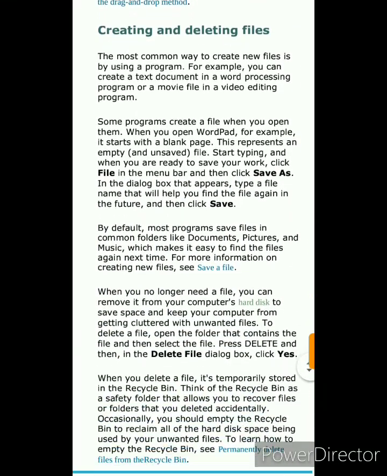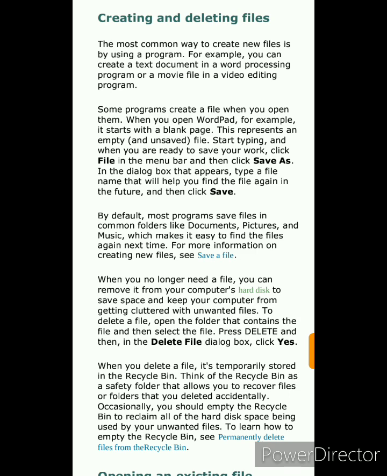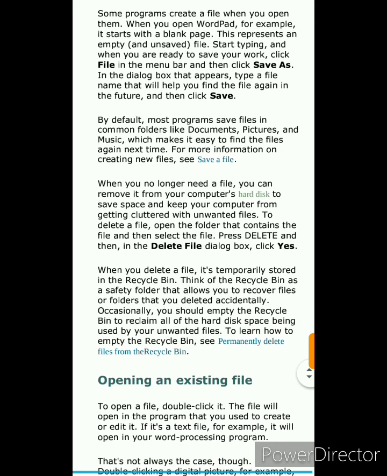And we'll move to the next one: creating and deleting files. The most important way to create new files is by using a program. For example, you can create a text document in a word processing program or a movie file in a video editing program. Some programs create a file when you open them. When you open WordPad, for example, it starts with a blank page. This represents an empty,